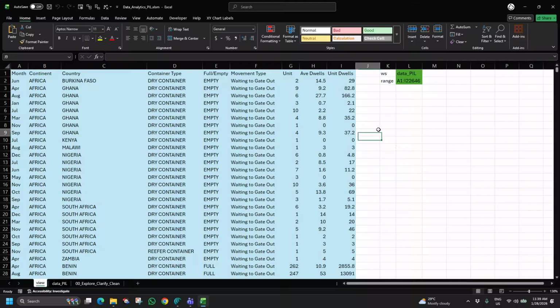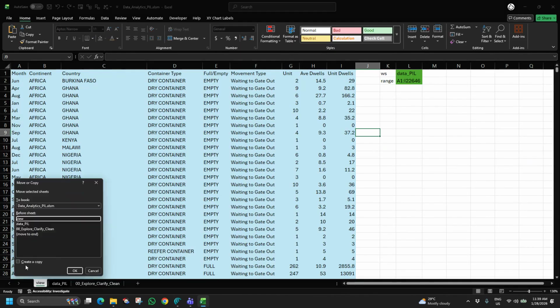Hey, hi guys. So I'm back at the PIL data, and what we did in the last video was to make a view of the data. The next step is we're going to augment the data. So I'm going to make a copy of the view sheet,